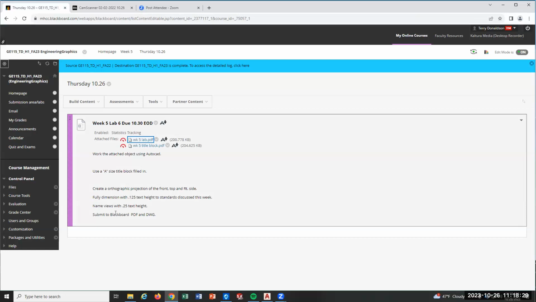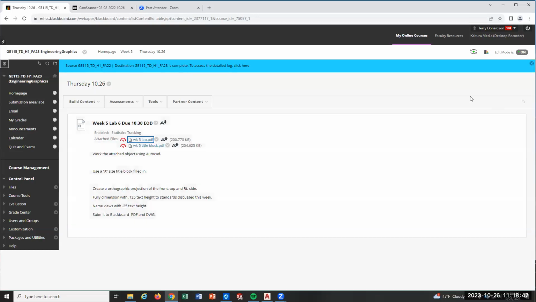A-size paper, name the views with 1/4 inch text height. So that's pretty common that the name of the view is a little bigger than the rest of the text on the drawing. So you'll have to, that'll be tricky for you. You have to work through some scaling and figure it out. All right, good luck. I'm here to help. Yeah, let's look at that. I did record